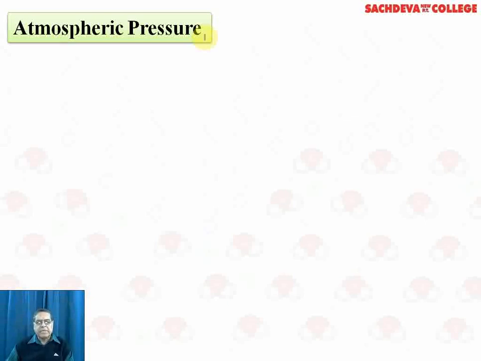Now, atmospheric pressure: as we move to higher points, like on the cliff of a mountain, we find the pressure is very low. That is, atmospheric pressure is low. But as we start moving downward, near the ground, the pressure of air will be more, because there is a lot of volume of air working on us.